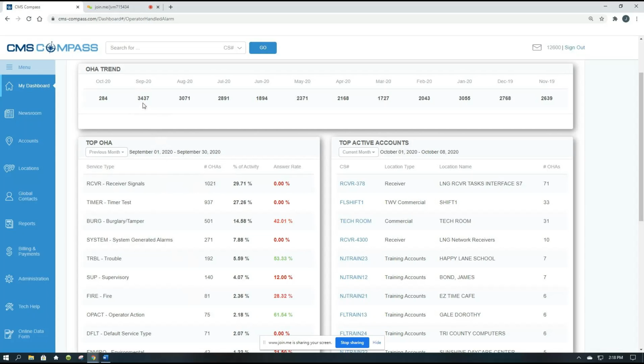receiver signals. So if I want to make a dent in my 3,437 signals, I want to go after my receiver signals. Let's find out what accounts have these receiver signals coming in on them. Because that's 1,021 of the 3,437. That makes up almost 30% of all my OHAs for the month of September. The timer test is a really good example, and I think you guys might have a lot of those, especially if you've got commercial accounts and stuff like that. That makes up